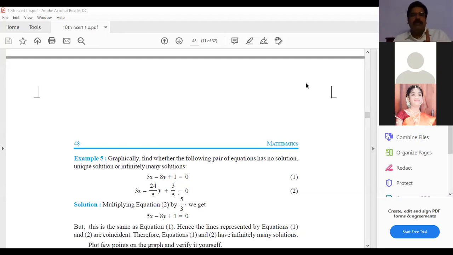Understand? Once again, I'm telling. We have 3 minutes time. Once again, 231x plus 121y equal to 300. Next, 121x plus 231y equal to 600. Then crosswise 231 is there, crosswise 121 is there. If you do it directly, the first equation you have to multiply by 121, the second equation you have to multiply by 231. It will take 1 hour. That's why it is not done like that.